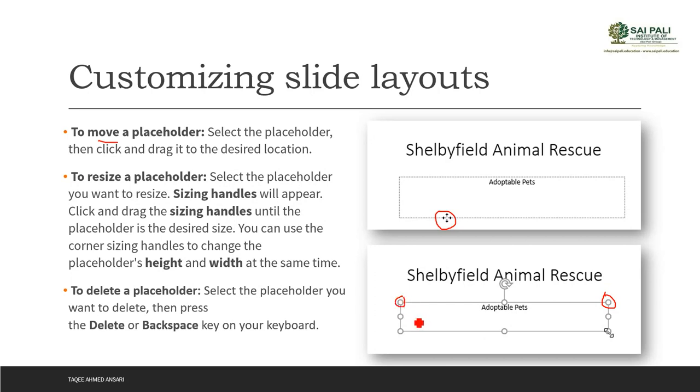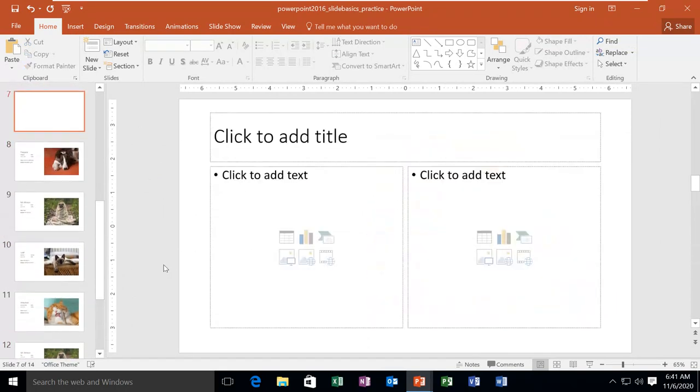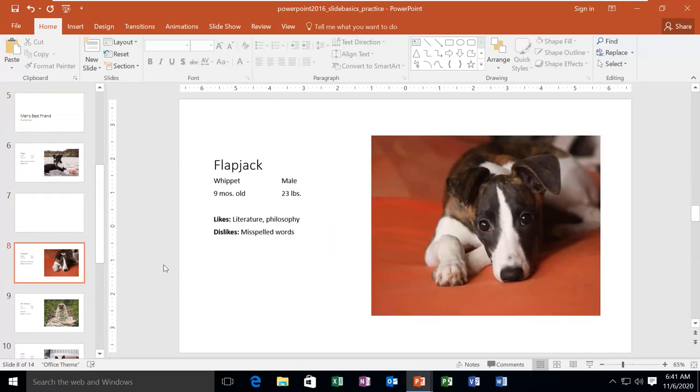Just like the text box, you can resize this, you can rotate this. And if you want to delete the placeholder, then you just have to select the placeholder and then press the delete key from your keyboard, and it will delete the placeholder. So you have placeholders here, and if you want to move or change them, you can do all of that. For example, here